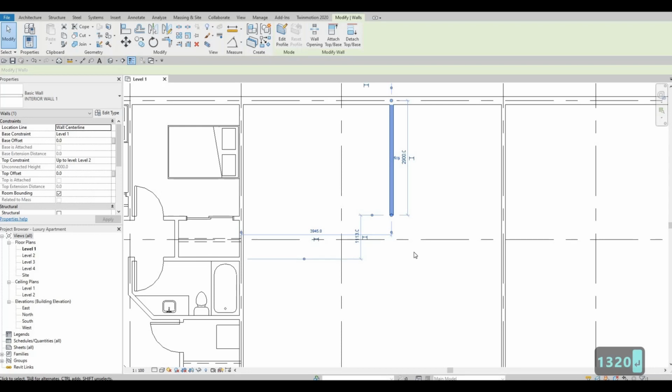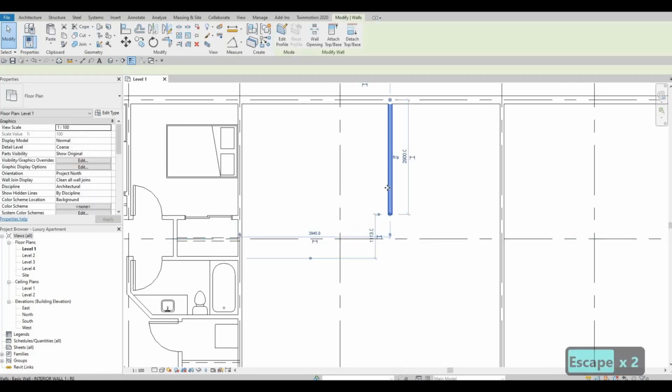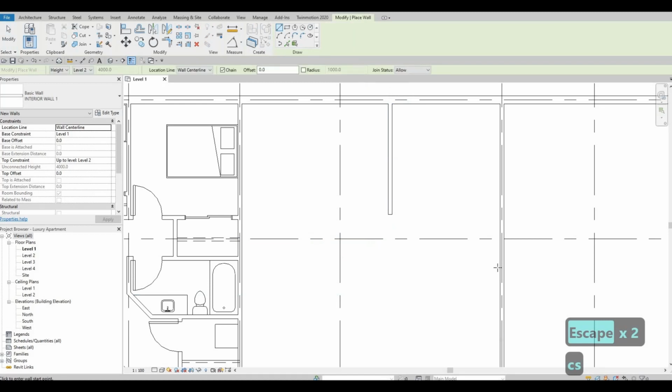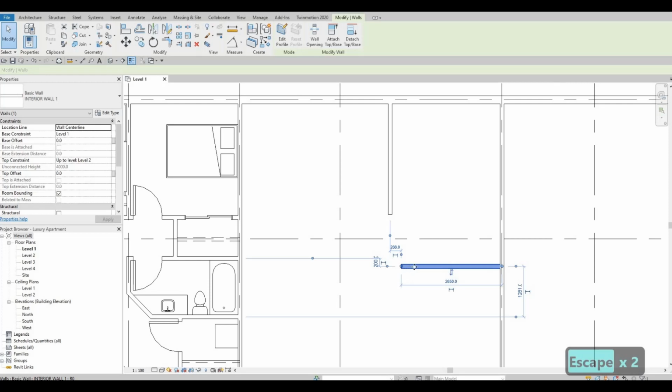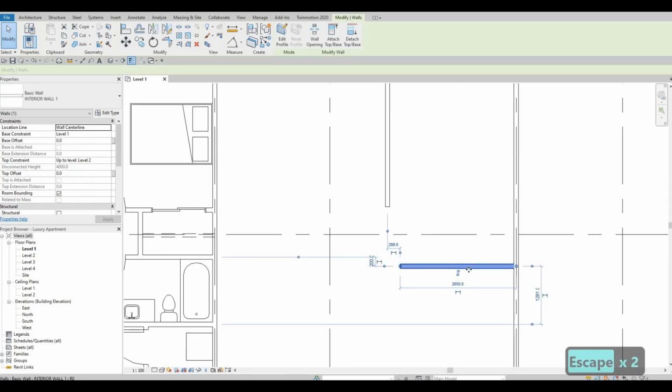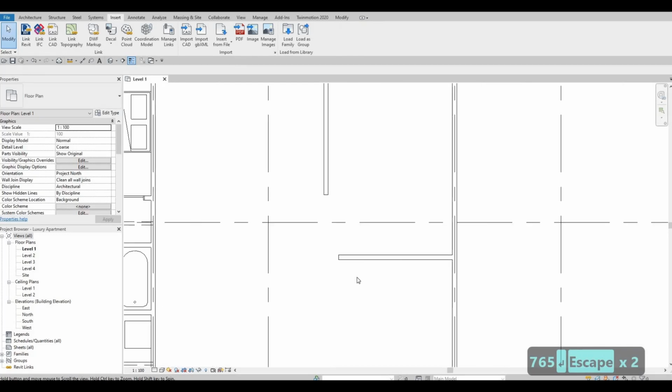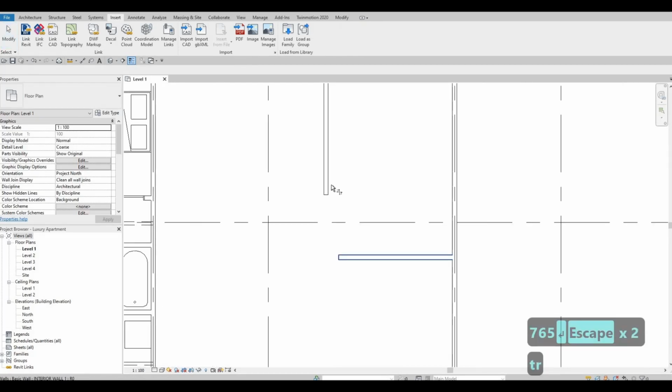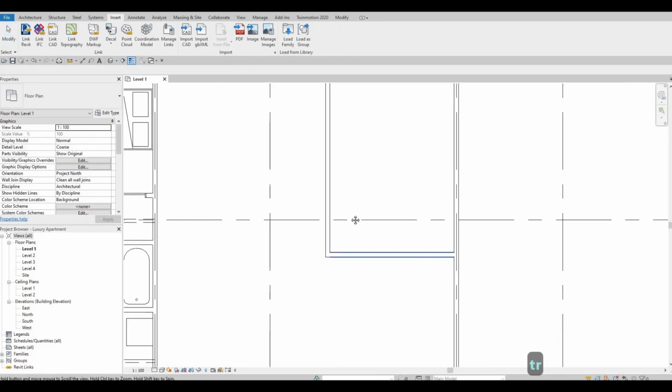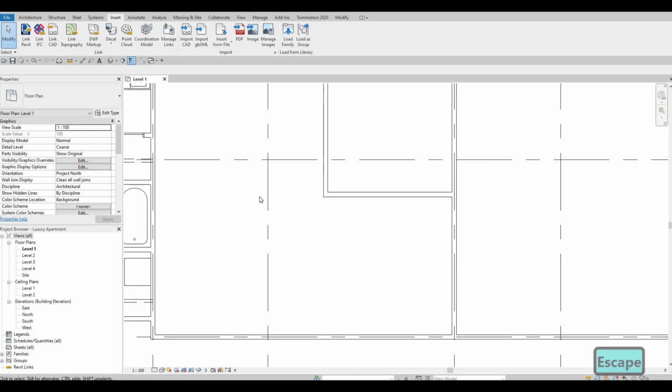After that, we're going to add a wall horizontal to this, and then this one, I'm going to click on this, and this will be referenced under the grid line right here. Click on it, and then it should be around 765. And then now we could just trim and extend,